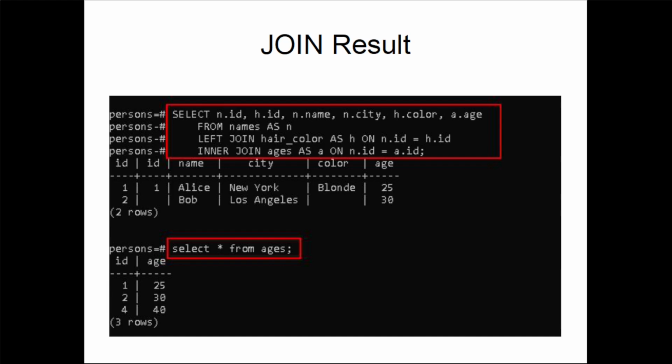Why only 2 rows? The inner join with ages excludes any names records without a matching ID in the ages table. This explains why ID equals 3 is missing. You can also see the ages table on the slide. The ages table has no record for ID equals 3. This is why no row with ID equals 3 appears in the result set, as the inner join requires a match. In a previous video, ID equals 3 was intentionally omitted from the ages table to demonstrate the filtering effect